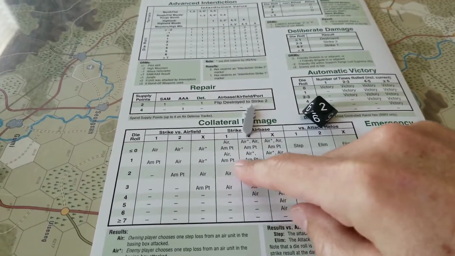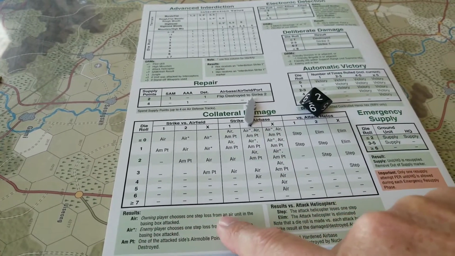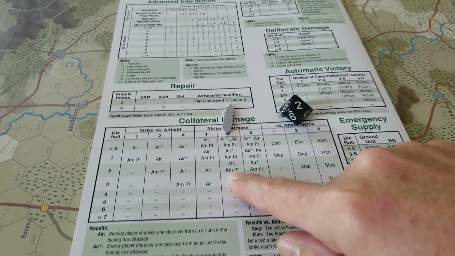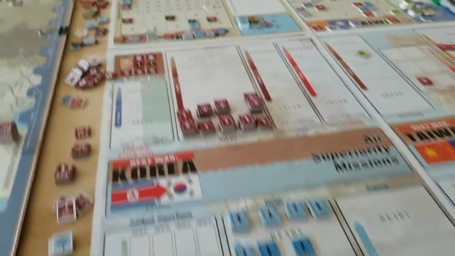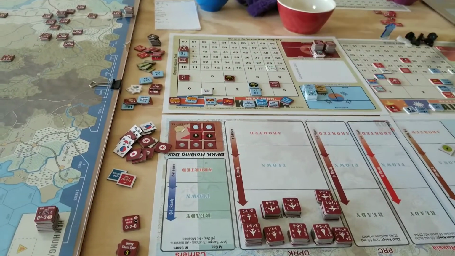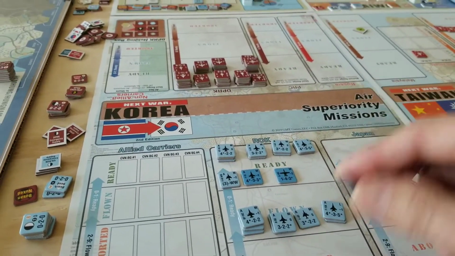So that's a 2. Air unit, we have to, let's see, what is it, air? 1 step loss. All right, so a step loss, and we lose an air mobile point. Step loss from any one air unit. How many air mobile points do we have? I'll have to look. It doesn't look like we have any at the moment. So we'll do a step loss. It can be from any unit. So I will choose...